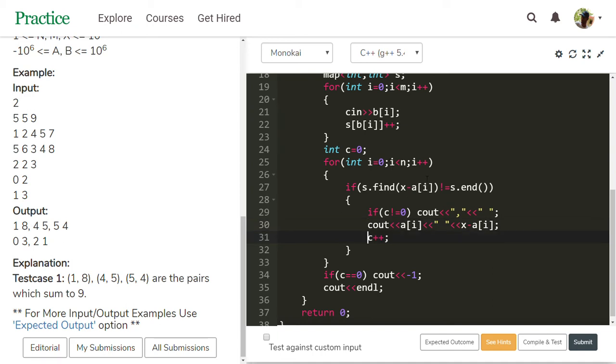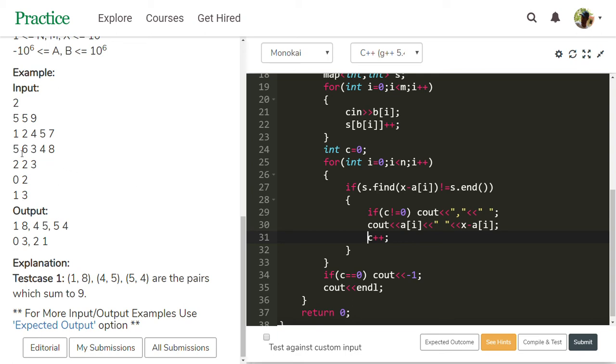Go back, i value increments. 2 has no such pair to give the 9 value. Then 4 has the pair 5. The i value is 2, since it is in sorted order already. Then it checks s dot find of 9 minus 4, which is 5.